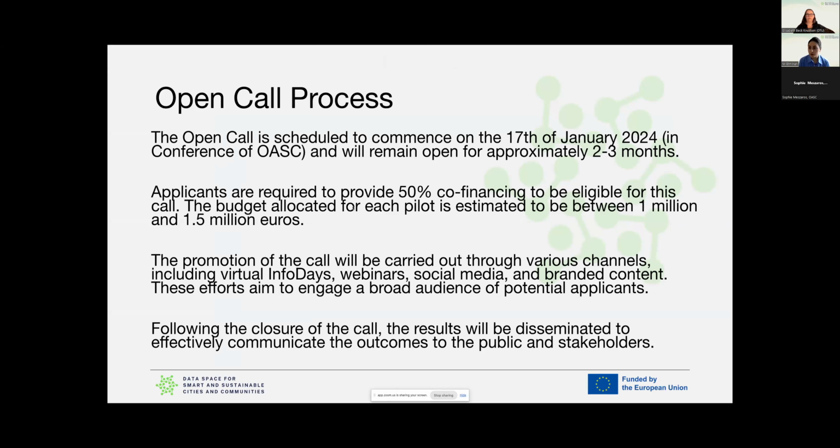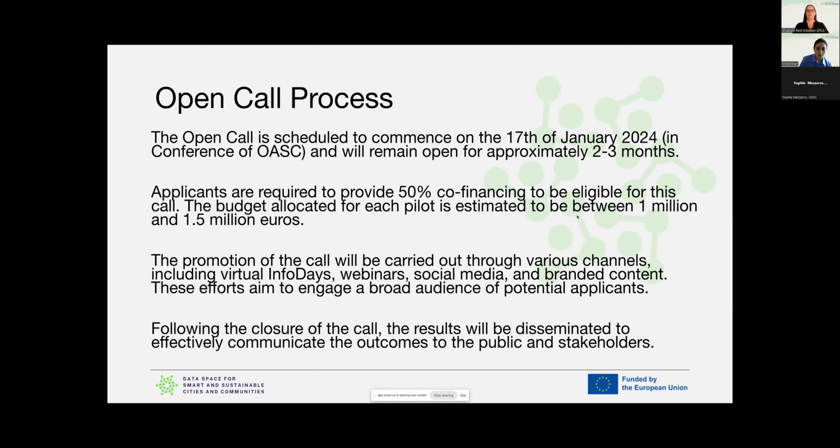We will promote this open call to every channel that exists, that is in our hands, and we are making sure that all of you who are interested are able to apply for it. And after evaluation, we will share the results with all of you publicly, and transparency will be maintained in the whole stage of this open call.